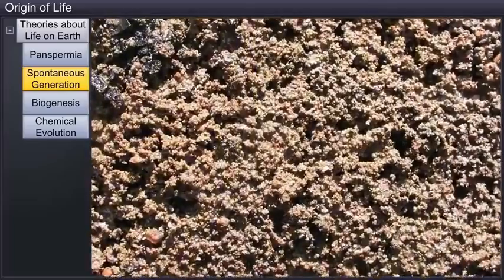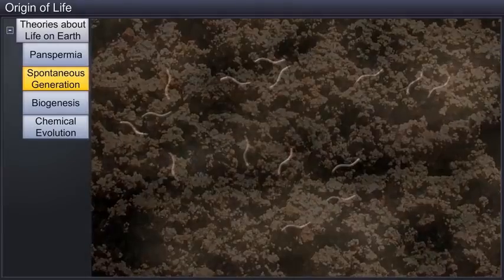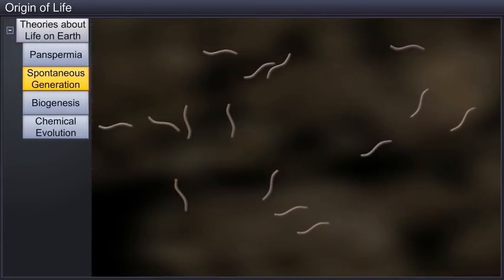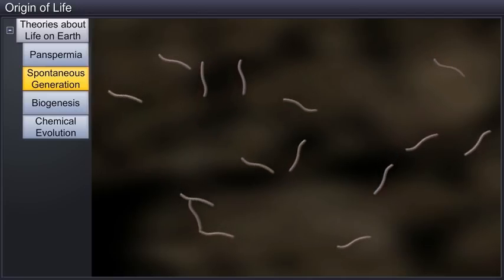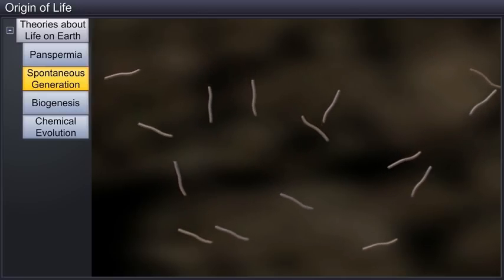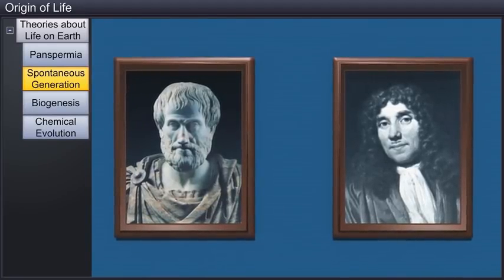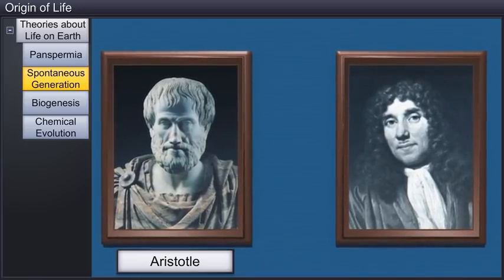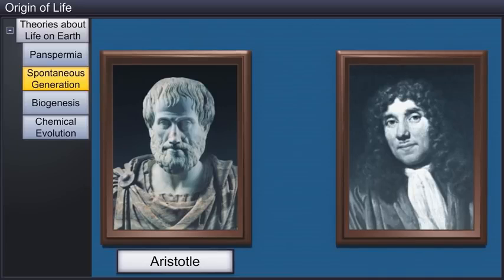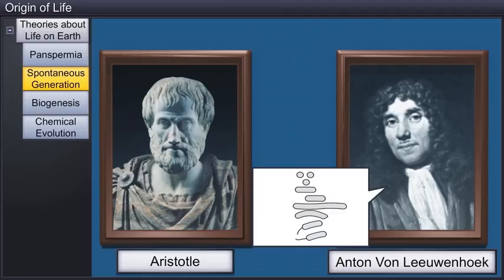Another belief was that life arose from inanimate things. The theory of spontaneous generation assumed that life came out of non-living, decaying, and rotting matter such as stones, straw, and mud. Even famous Greek thinker and philosopher Aristotle believed in this theory. In fact, this theory was used to explain even Anton von Leeuwenhoek's findings of animalcules using the simple microscope.